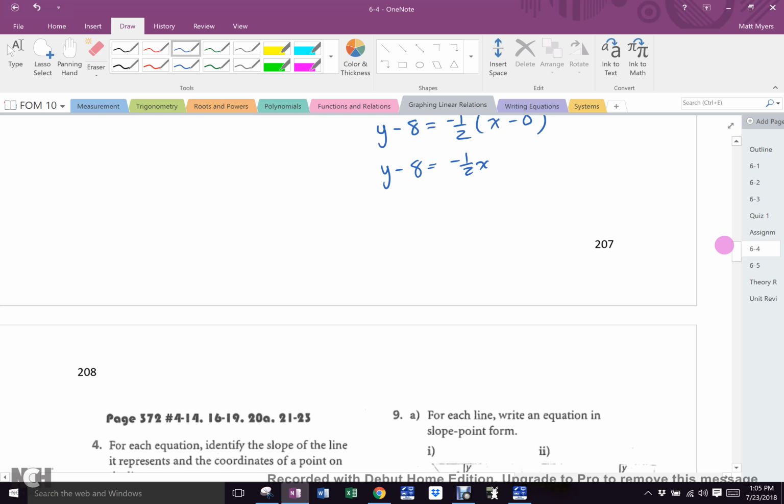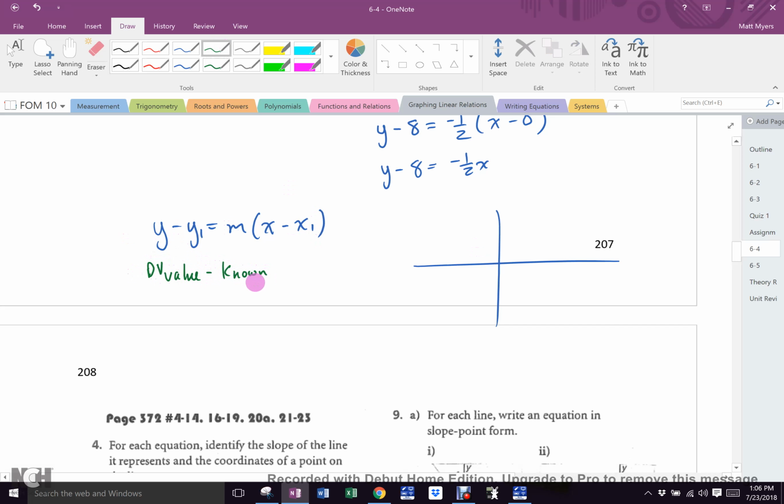Now, before I push stop on the recording, remember, ladies and gentlemen, that's what point slope form is in algebra, right? If I was doing this with x's and y's, that's what I would use, correct? In real life, what is this really? IV minus DV value minus the known DV